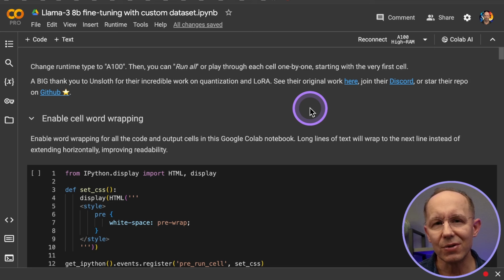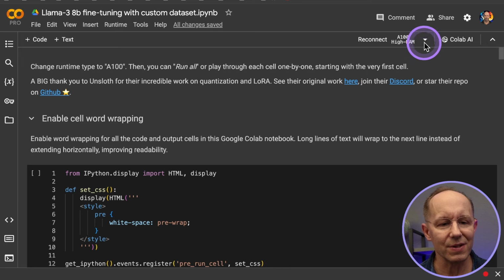The first thing we need to do is to connect to a hosted runtime. This step attaches high-performance compute. After extensive testing and experimentation, I found that the NVIDIA A100 high RAM instance works best, so we're going to train on that today. Now, some runtimes have a free tier and others require a paid account. The A100 GPU requires a paid account, at least for now. A little bit later, I'll explain why the A100 works well for the fine-tuning, but the T4 does not. So let's go ahead and connect to the A100.